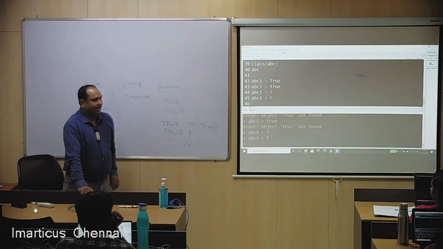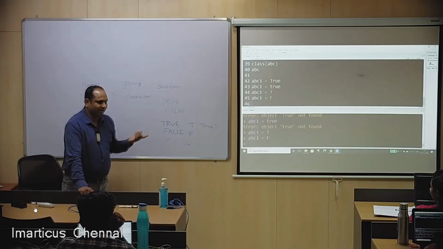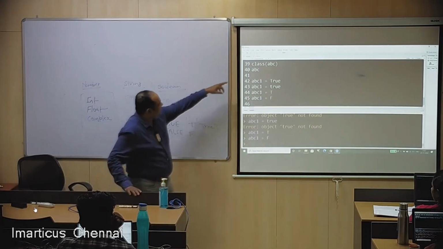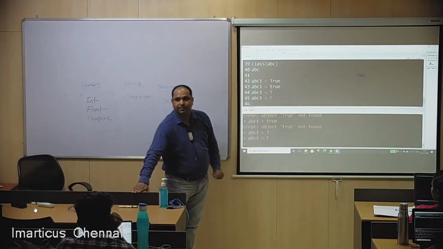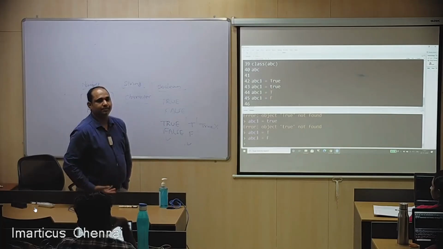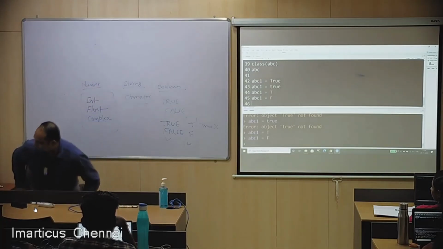Clear? Again, I'm repeating, R is a case sensitive language. Don't write anything in caps. Every time, as a best practice, please write in small characters. Class, when I have written class, all should be small letters. If you write C in caps, it will throw an error. Okay? It's a language, guys, so you should know the language also. Everyone? Okay. Now, I am writing here